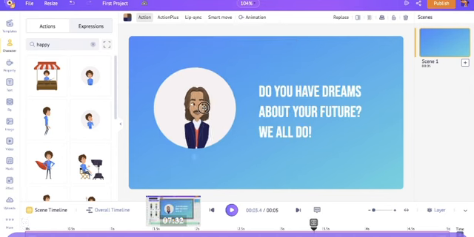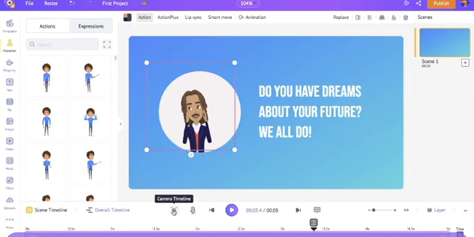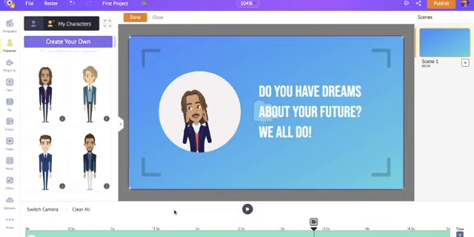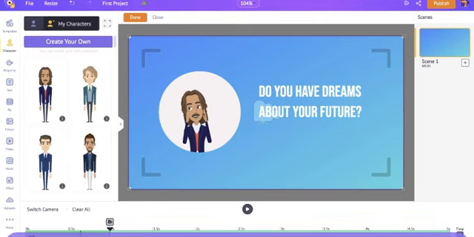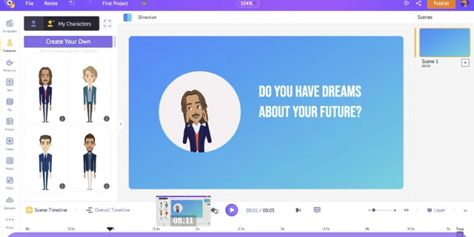As a final step for this scene, I want to add a camera effect. Click on the camera timeline option over the timeline. If you further click on the icon in the timeline, you will get two more options, static camera and dynamic camera. Select the dynamic camera option to add a dynamic motion to the scene. Now you can notice a highlighted part in the timeline. As you would have guessed correctly, this is the duration for which